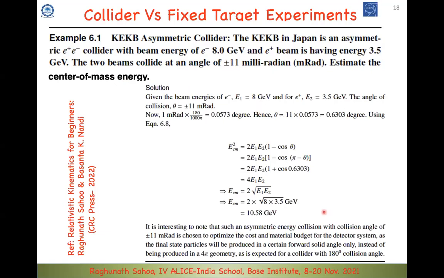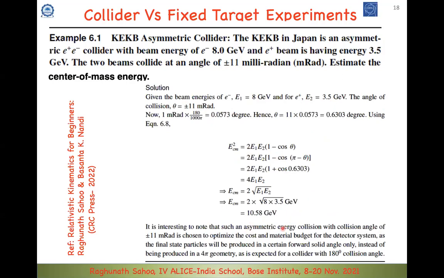I have written the answer already, somebody might have read it. Forget it then. So, given the beam energy E1 as 8 GeV and E2 as 3.5 GeV, the angle is given. So you convert this milliradian to degree and then use the formula E center of mass squared is equal to 2 E1 E2 (1 - cos theta). Mass can be ignored because the electron mass is 0.5 MeV, so it is a very small mass. So you put all these values and then you will find E center of mass is equal to 10.58 GeV,